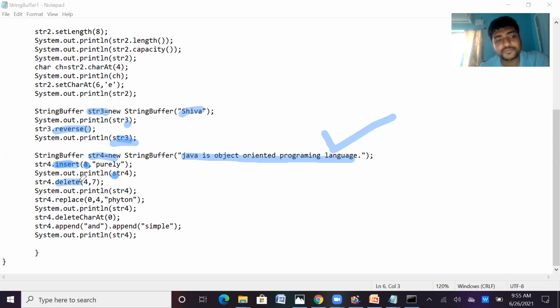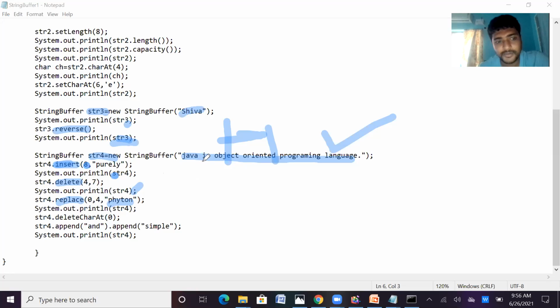Then delete. We can delete part of the string also. delete(4, 7) means delete the substring from position 4 to position 7. That substring will be deleted. Next, replace is also available. replace(0, 4, "Python") replaces the string with Python from position 0 to 4. 0 to 4 means we have "Java".